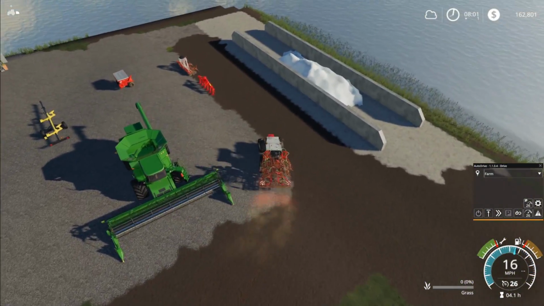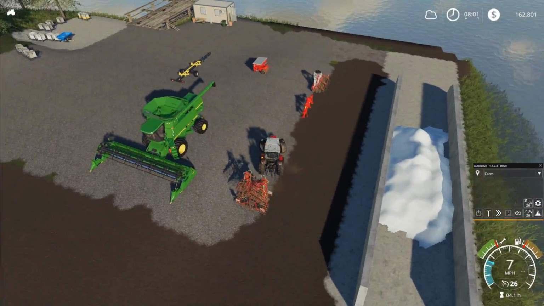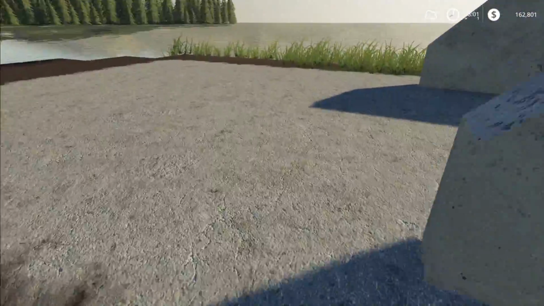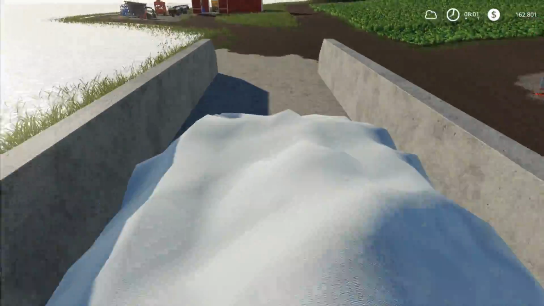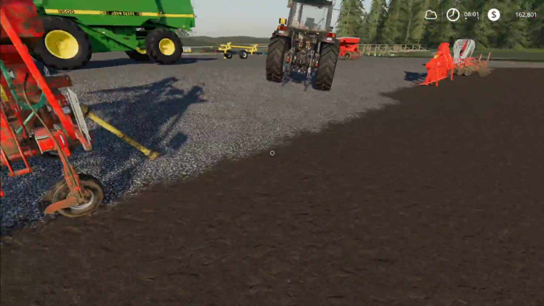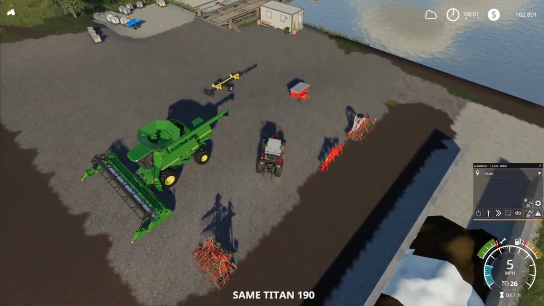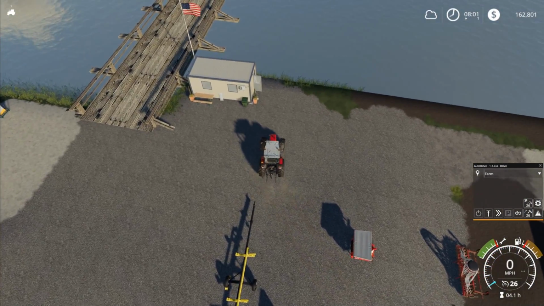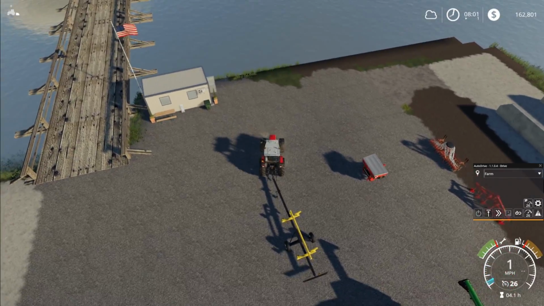I'll just dump this off here for a second. I'm sure the silage is probably ready to go. Matter of fact, let's check it real quick. I can't imagine it not being ready to go. Yeah, okay. Sweet. So we can sell that off here today. We do need to get probably some sheds going to start storing stuff, but